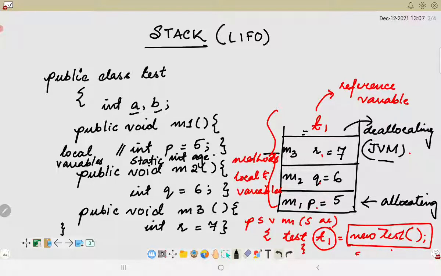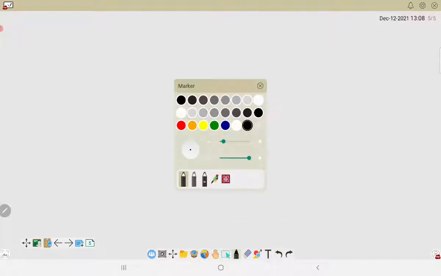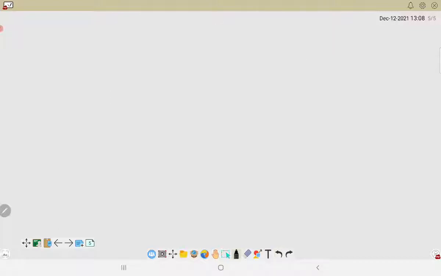So if I'm considering static int age, that means this age is basically a static variable. Now when we are creating an object, we have to understand that the object will not be capable of holding the static variable. So in that scenario, we have to create another memory space, which is known as meta space.